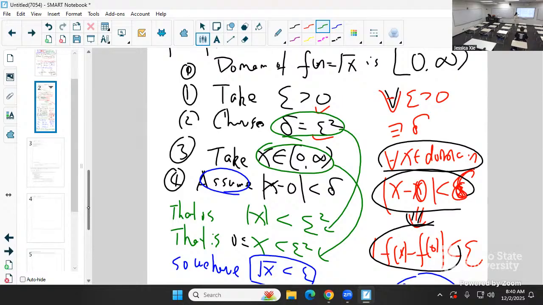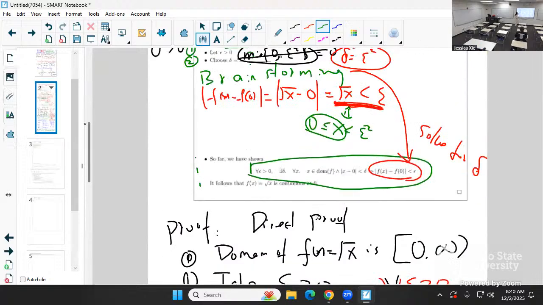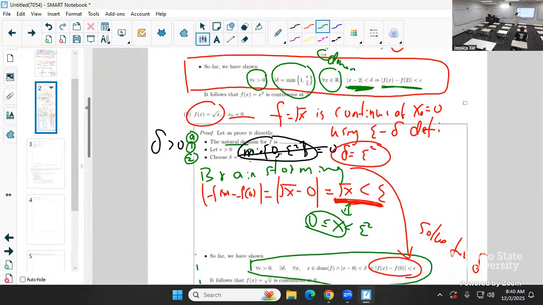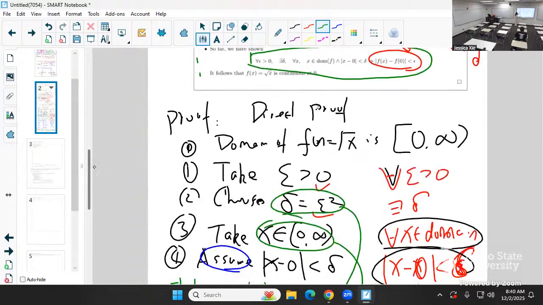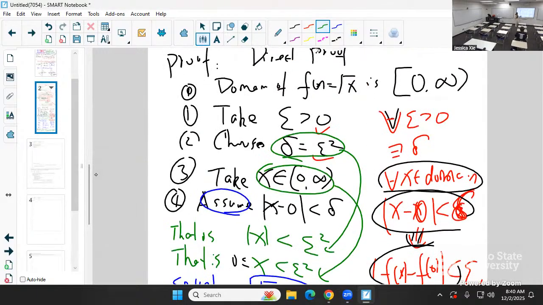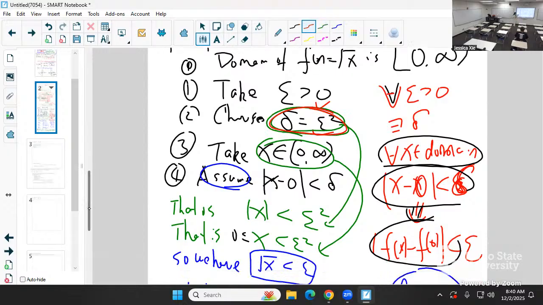All right, if you recall this process, do the brainstorming, solve for delta from the inequality, then write the proof from the top to the bottom. This procedure is very similar to what you did before, proving the limit of a sequence equal to a number. The only difference is over there for sequences, you have to find the capital N, but here you have to find the delta. That's the only difference. Other than that, the structure is gonna be very similar.